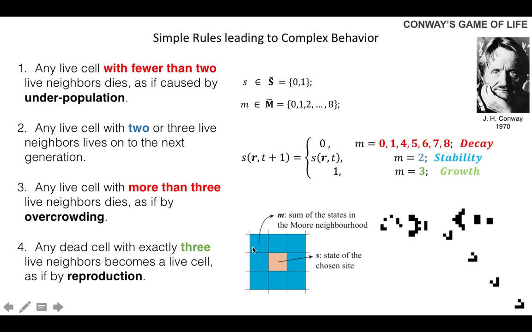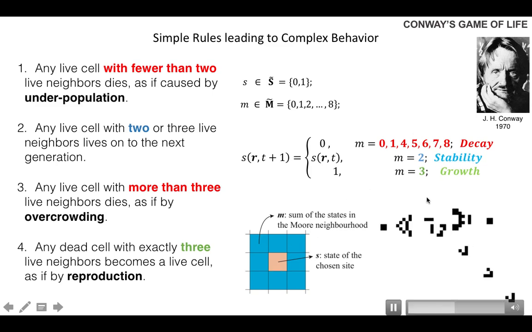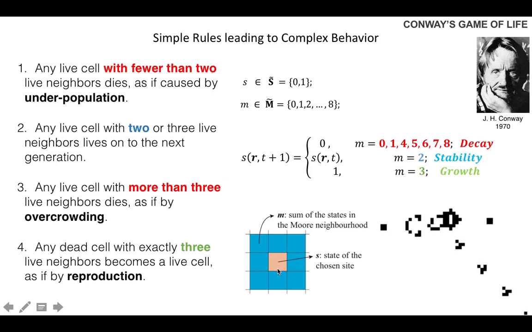So if the Moore neighborhood in total is 0, 1, 4, 5, 6, 7, or 8, then the system decays. No matter whether it was 0 or 1, this cell will go to 0, which we consider as decay. If it's 2, then we have stability: 0 goes to 0, 1 goes to 1. And if it's 3, it's growth, because both 0 and 1 would be mapped to 1 as seen here. Okay,